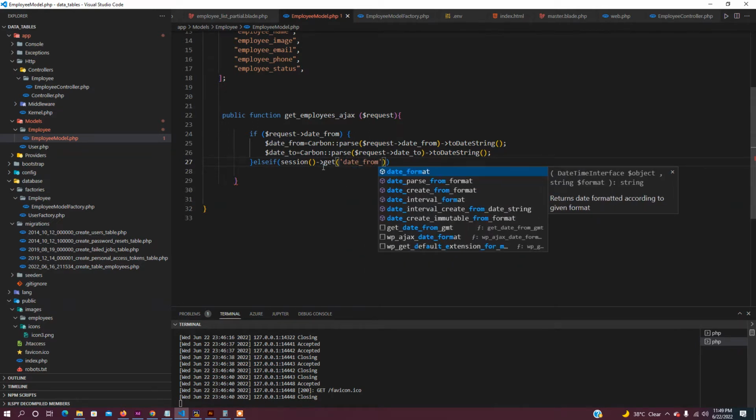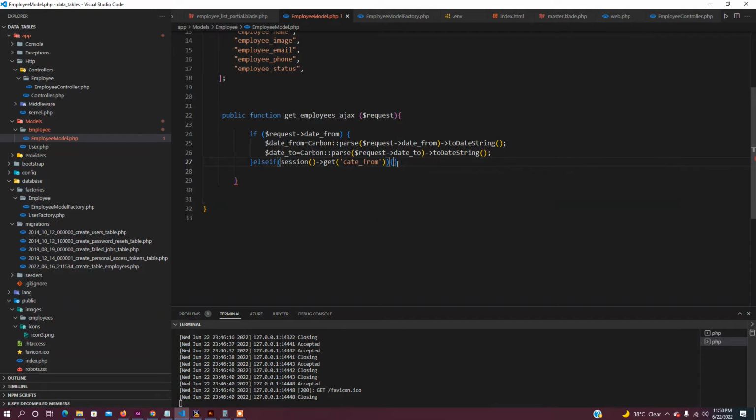So if our session contains the date from, it means that we have already stored the date from and date to inside the session, and for that case we're going to use this